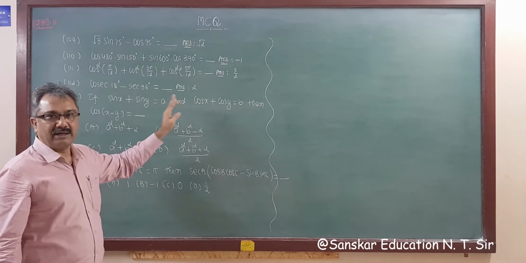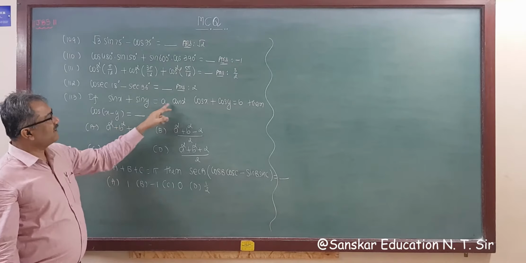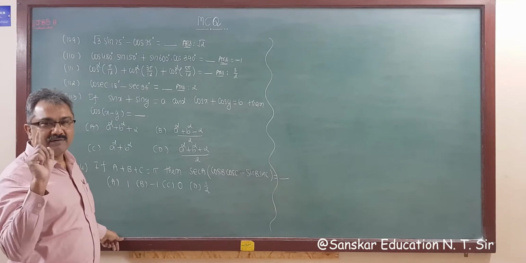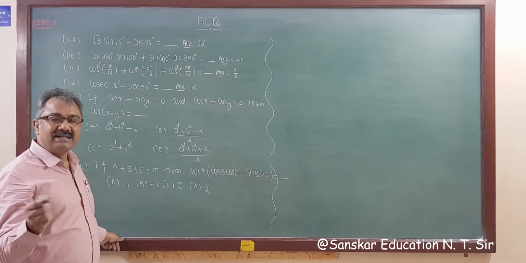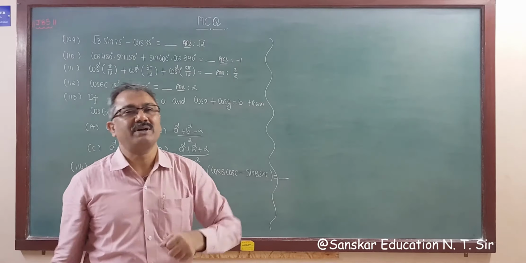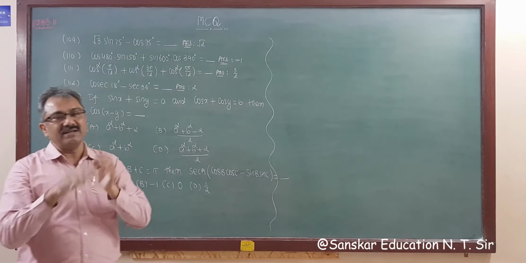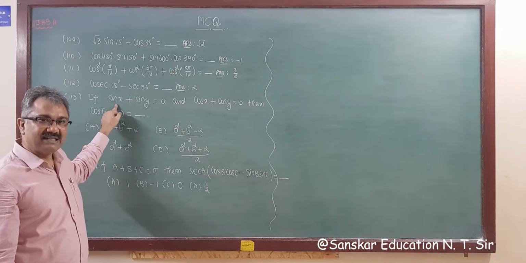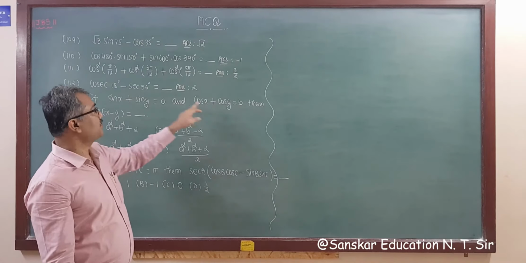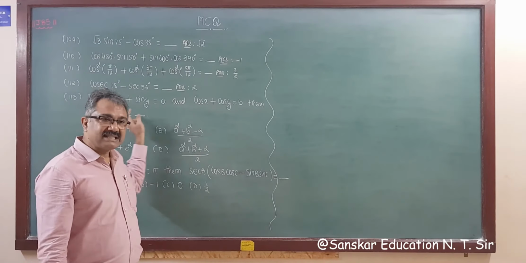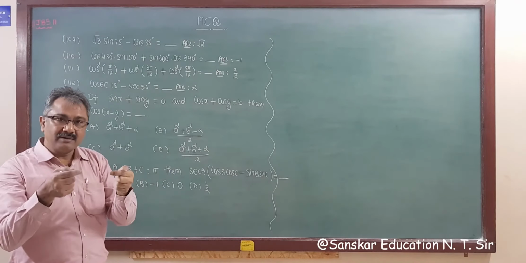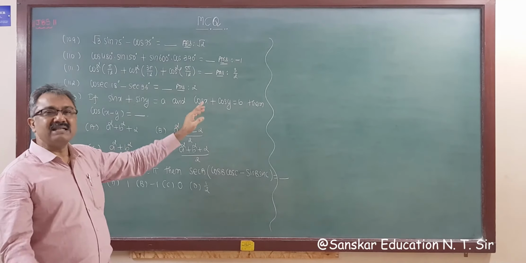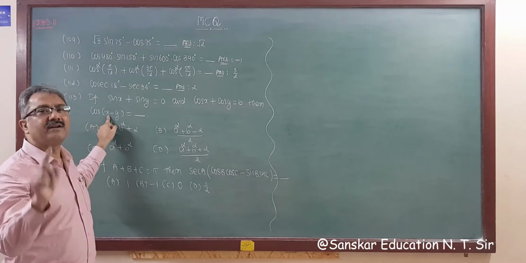These are the hints, right? Given that sin x plus sin y is equal to a and cos x plus cos y is equal to b. No idea, but you have one formula, that is the identity sin square theta plus cos square theta is 1. If you have sin square theta plus cos square theta is 1, then how do you get this? Squaring this, you will get sin square. But you need cos square, so you have to square this also. So this is sin square, this is cos square. So how do you get plus? Means you have to add these two equations after squaring and then simplify. You will get your answer definitely, right?